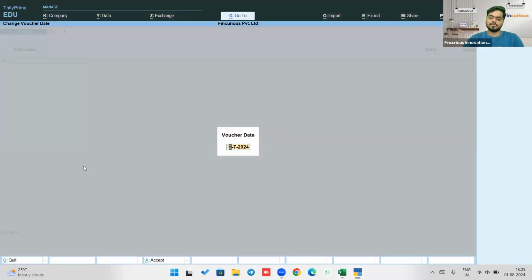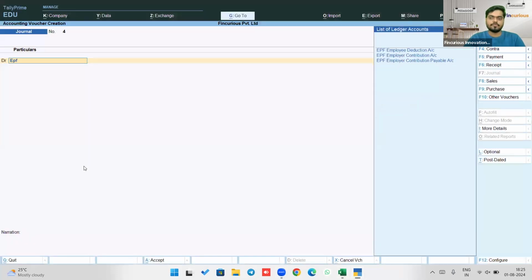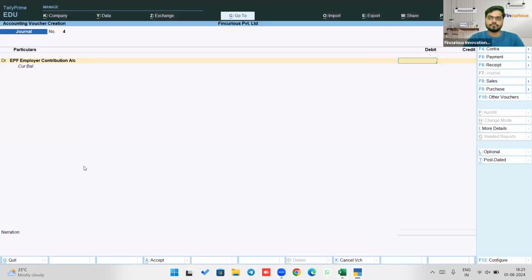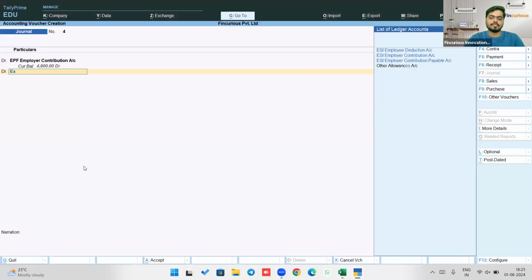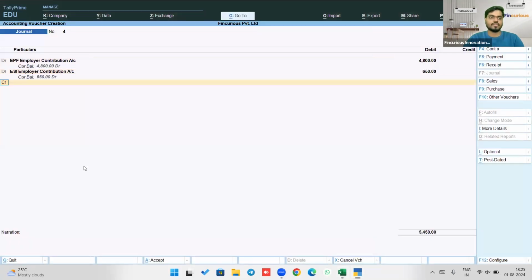But being in the educational mode, I pass it on the 1st of July. So debit EPF employer contribution account 4,800, and then ESI employer contribution account, how much? 650. Credit